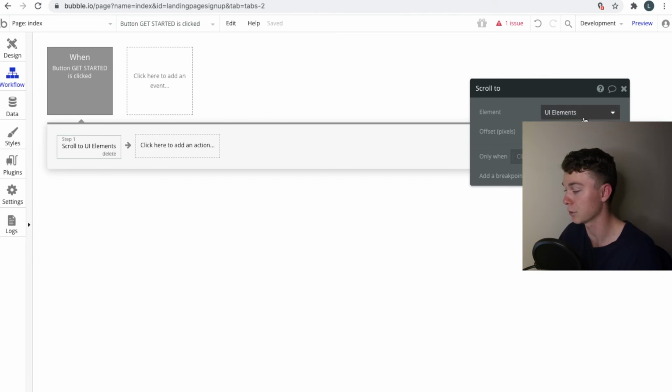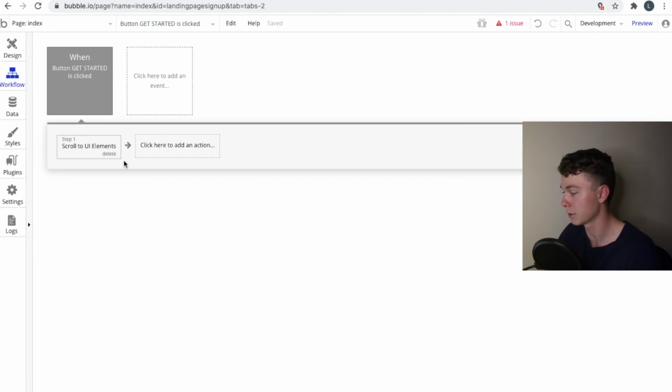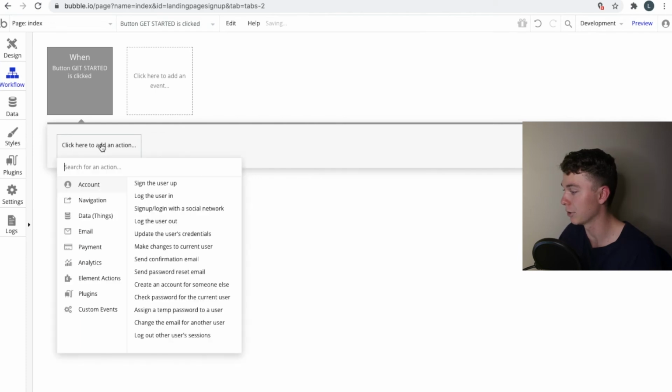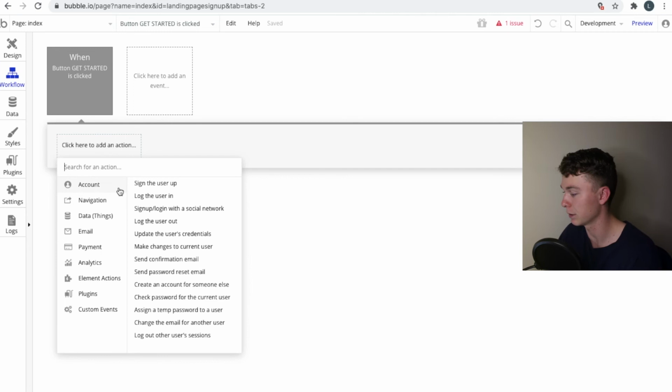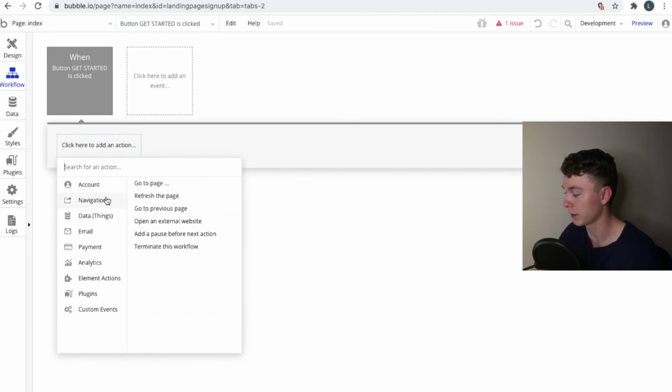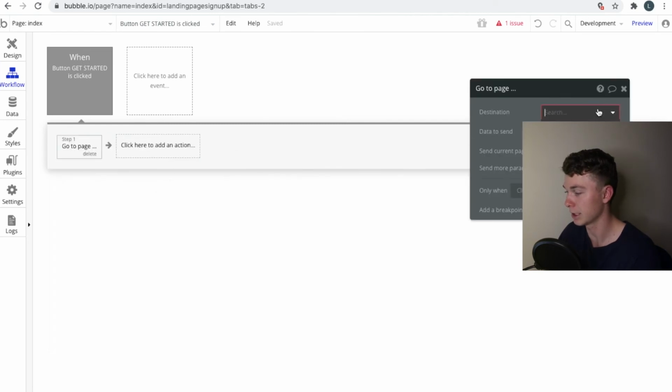So we can delete this and create our own action. In this case, we've got a heap of options. We can sign the user up, log in, and do actions like this, or we can navigate. So we might want to go to a page, and then we can select the destination in here of index, and we can hit